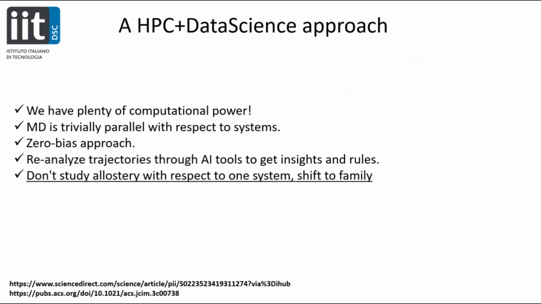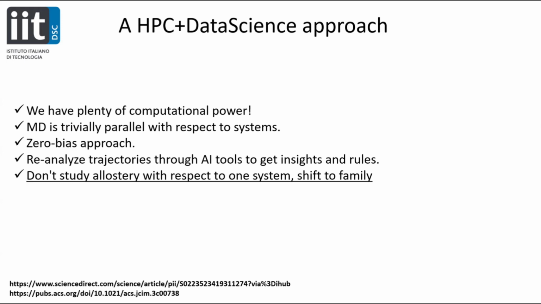So as I mentioned at the beginning, we have such a tool that can be applied to a protein. We're not applying it systematically to an entire family of proteins. We have enough computational power. We have supercomputing centers. We have GPUs. We have everything in place to start thinking not about one system, but about a family. And we are fortunate because MD is trivially parallel. So it's a very powerful algorithm with respect to the system. Obviously, you can run all these things in parallel, and you can run plain MD for 3 microseconds and still get something, even without enhanced sampling, which starts to be quite meaningful.